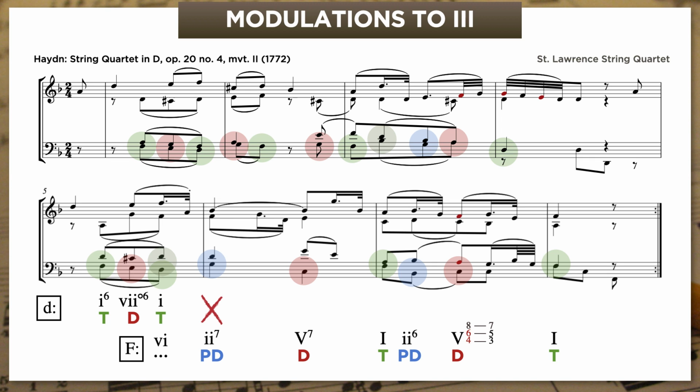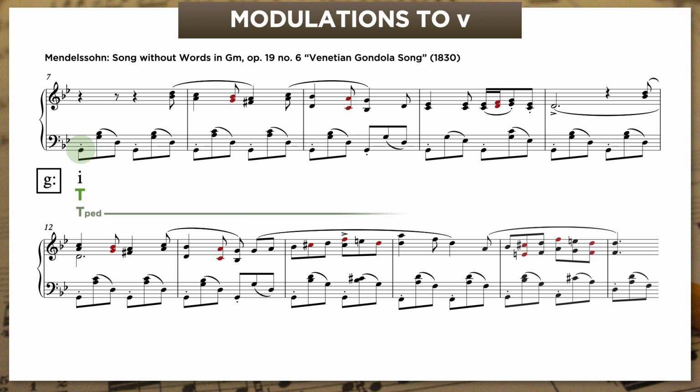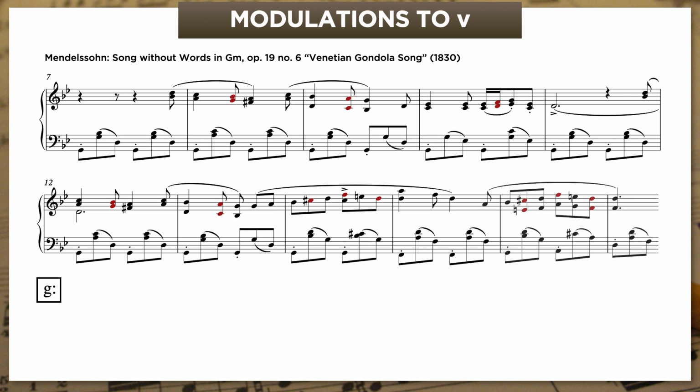All right, and our last example today takes us back to a piece we've seen twice already, the first gondola song from Mendelssohn's Songs Without Words. We first heard the antecedent phrase back in video 29 when we learned about tonic pedal points. Well, the second phrase modulates from G minor to D minor, the minor dominant, which is our other main destination